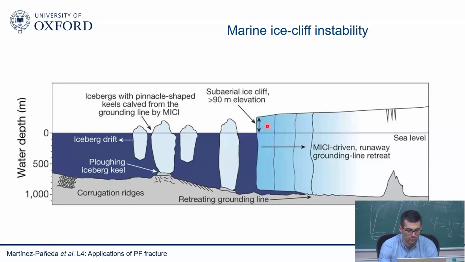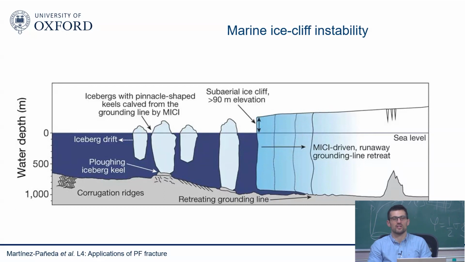And once this is fractured, you expose again a very tall piece of ice to the sea. And therefore, you have this kind of marine ice cliff instability driven runaway retreat. So things are failing in cascade, one after the other. And if this catastrophic collapse mechanism happens, so this was published in Nature some years ago, and it's been debated